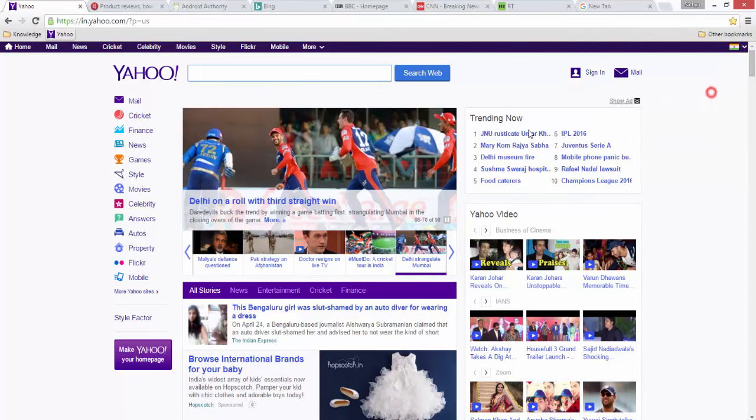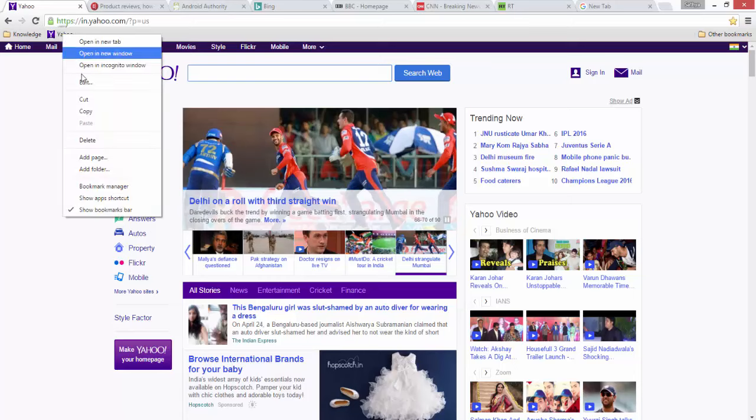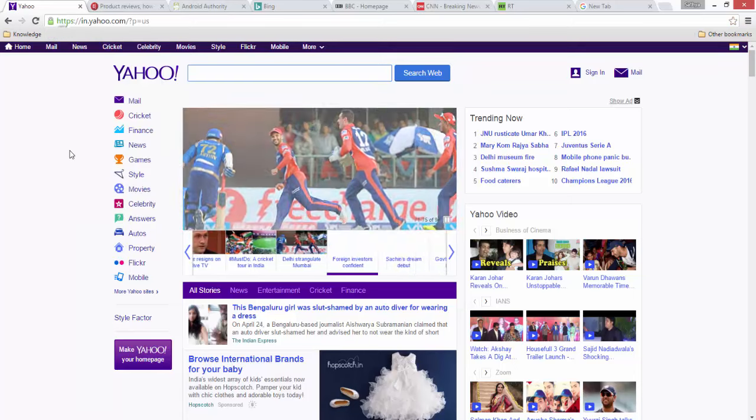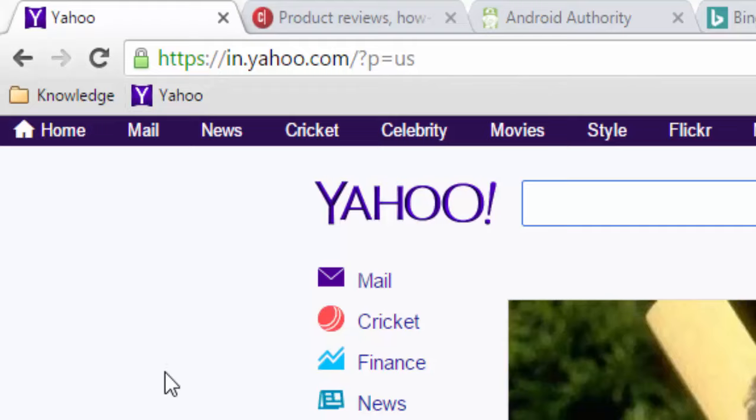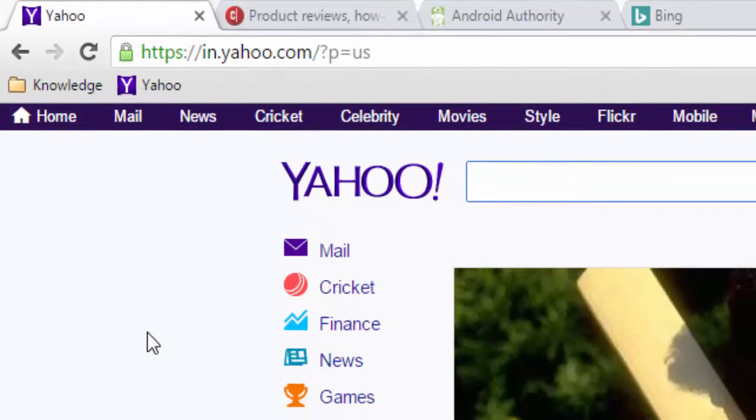Once you click done, you can see I have saved it in the bookmark toolbar itself. You can see the Yahoo item here. I'm going to delete this for now. Another way to bookmark is to click and drag Yahoo and place it over there. So this is another way of making a bookmark.